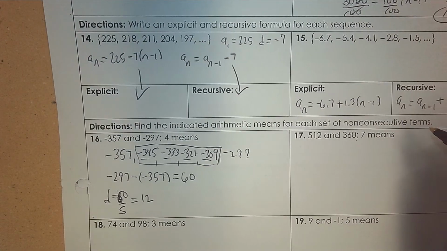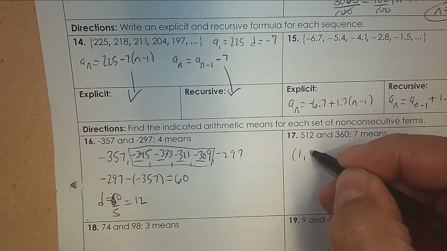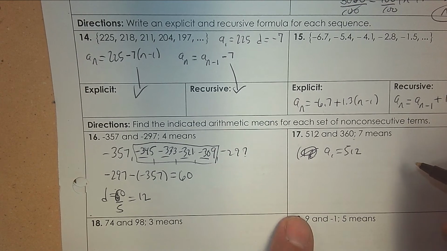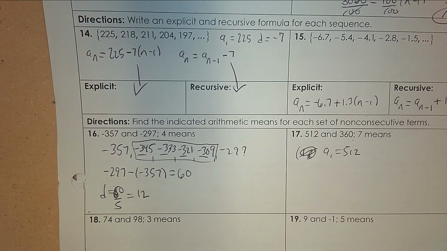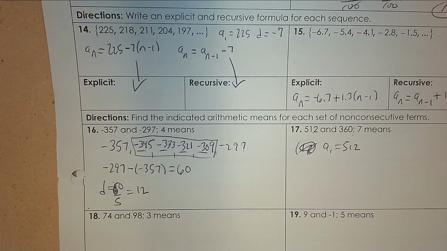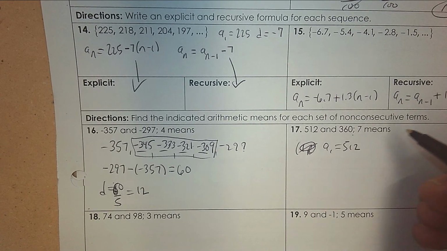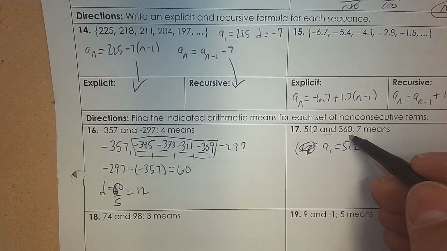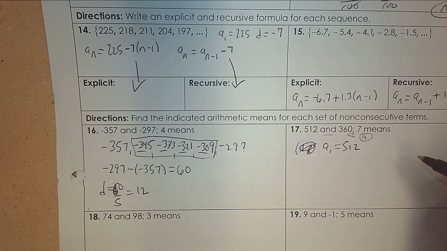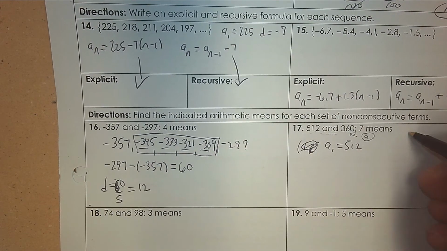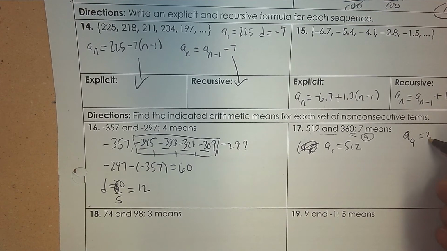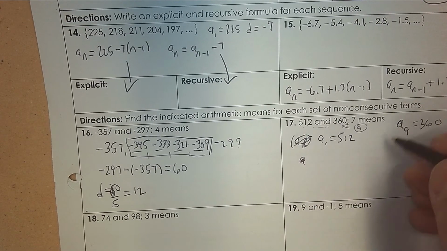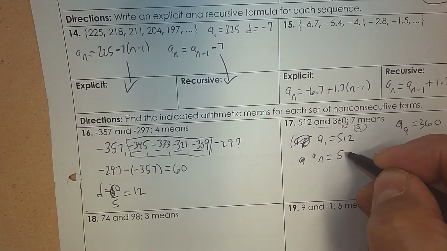So let me show you another way we could do it. You can think of 512 as the first term. If there's 7 means in between, that means this one must be term 9, because you have the first term, then 7, then one more. So that means A9 is equal to 360. So we can use that fact. So the rule would be A_N would be 512